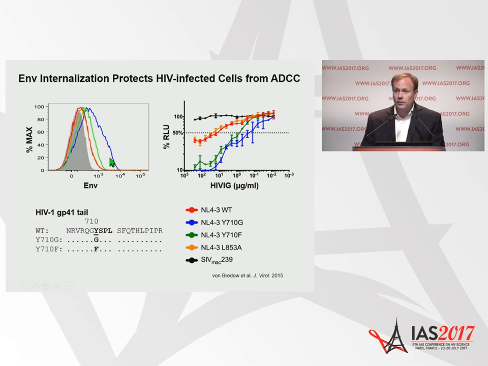And we showed, not surprisingly, that these mutations also increase the susceptibility of infected cells to ADCC. In this assay, ADCC is measured in percent relative light units on the y-axis. Antibody concentration is from high to low, as shown on the x. The dotted line indicates a 50% reduction in luciferase, or 50% ADCC. So the point at which these curves cross the dotted line reflects an antibody concentration for half maximal killing. This assay is showing us that if you make glycine or phenylalanine changes in this endocytosis motif, it increases the sensitivity to killing by well over a log.